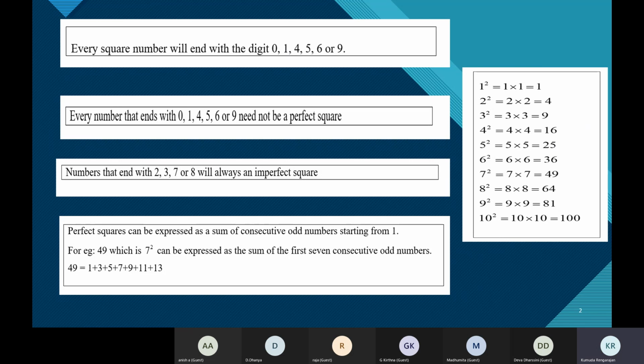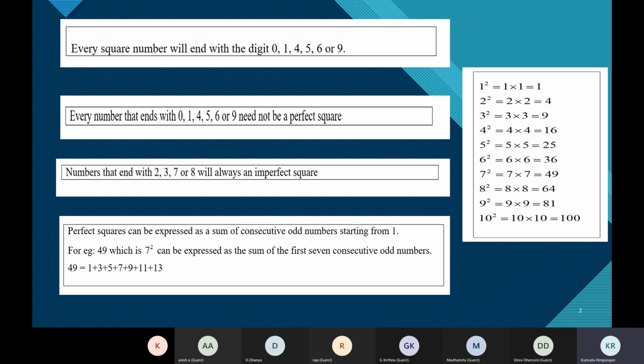If a number ends with 5, say 25, its square, that is 25 into 25, which is 625, also ends with 5. Ends with meaning I'm talking about the digit in the ones place. So 0, 5 we understood. If a number ends with the digit 0 or ends with the digit 5, its square also will end with the digit 0 or 5. So now 0 and 5 is over.